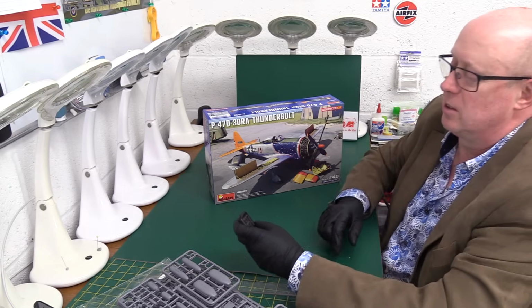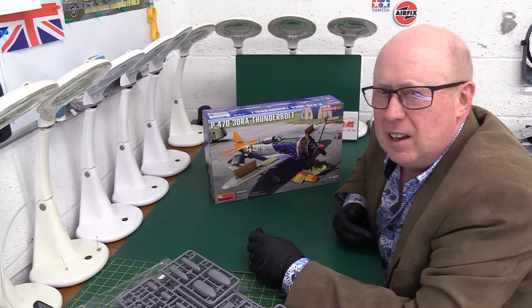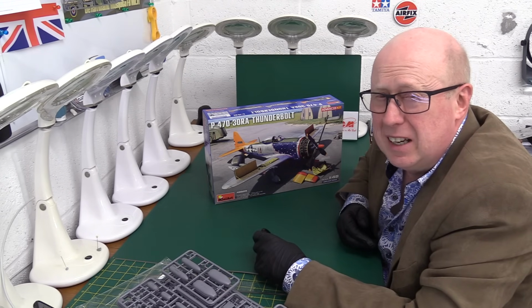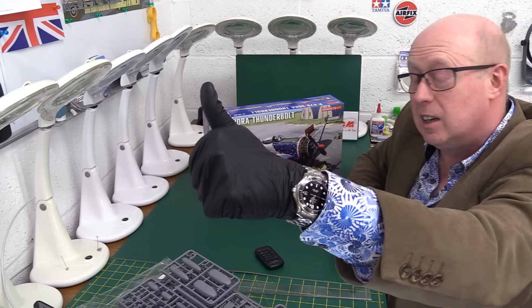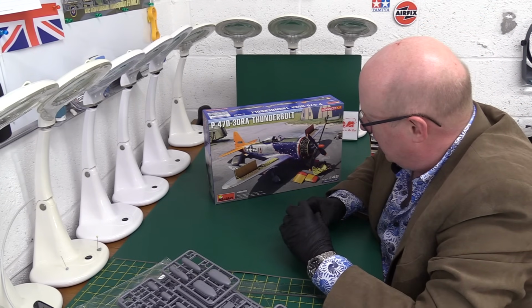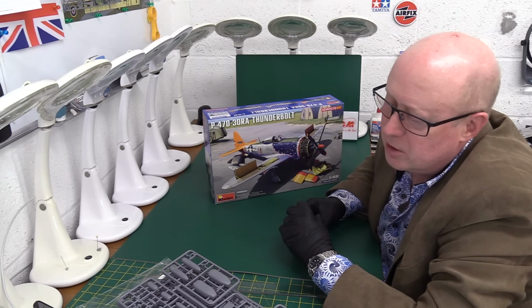What do we think then? I think 9 out of 10 is a little bit low, but 9.5 is too high. So I'm going to go at 9.25 out of 10 because I think that's kind of fair, more than generous, really. There's some strange choices they've made with one or two of the parts, the way that